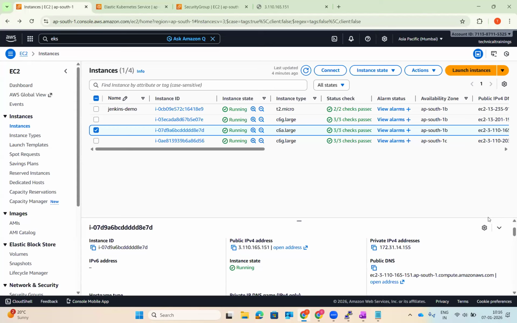But for any outsider, for example, your company has hosted some servers, those servers will be able to internally communicate with each other because they are connected over LAN. But I am an outsider. I want to access. I won't be able to access by using the private IP address. I'll need a public IP to access the application which is hosted on those servers, right? So similar to that,